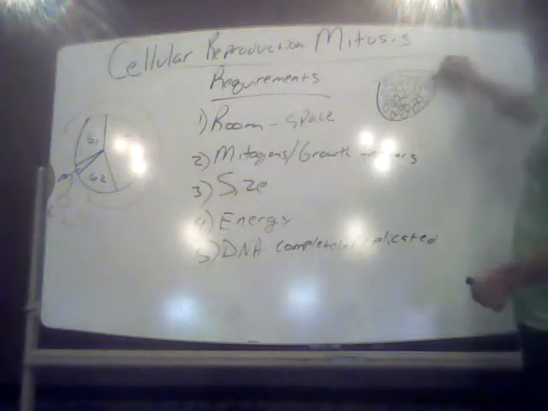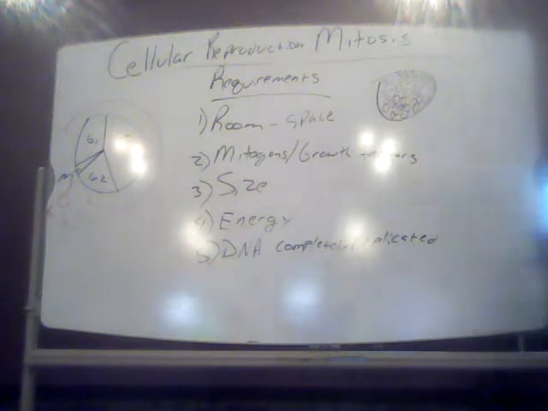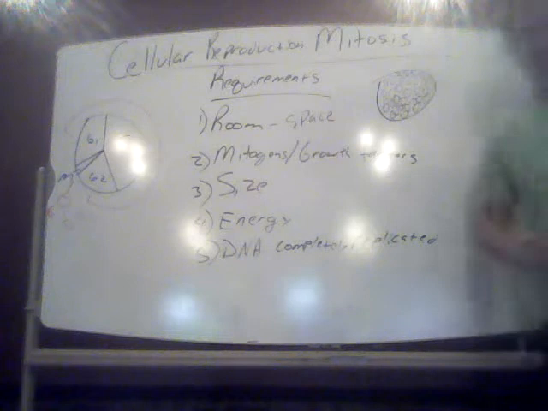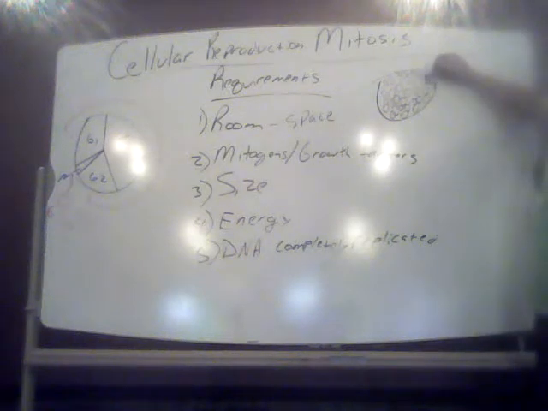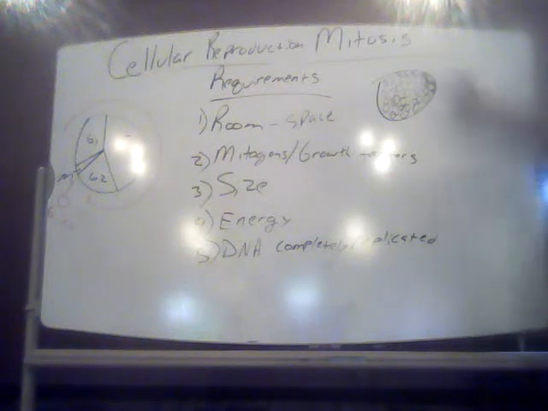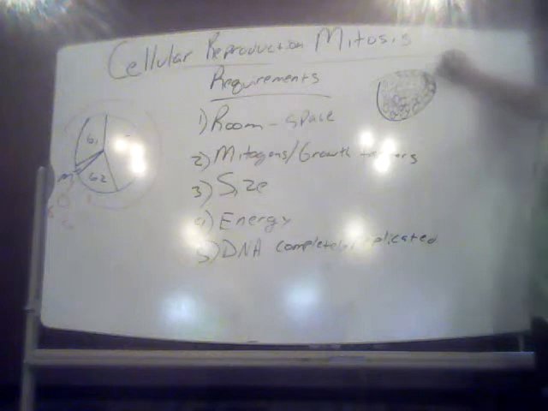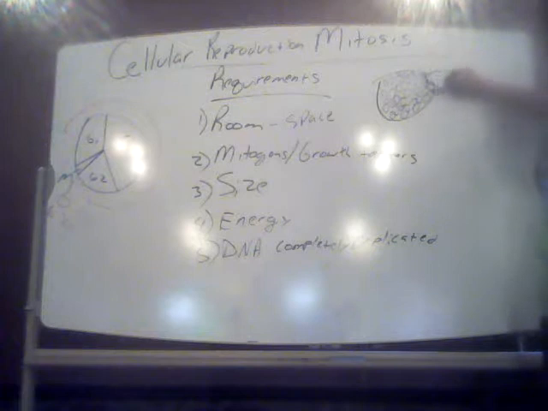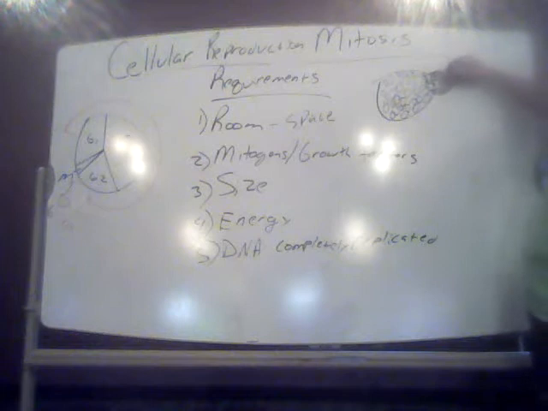All right, now what can go wrong with this though is, again, if you want to go back to the cancer aspect of this, let's say we're talking about a benign mass. A benign mass is more a slow-growing mass of tissue. So what will happen here is, basically these cells don't abide by the rules of contact inhibition, and they just continue to divide within the borders of the cell itself. And then that will expand the area of that tissue. So that tissue is going to kind of bulge out, all right, because cell growth is not being regulated, not controlled due to something that went wrong during interphase.